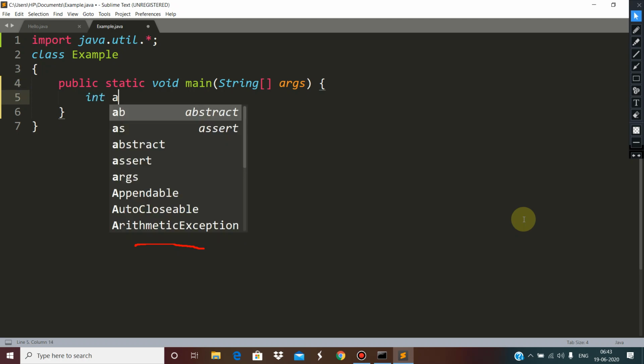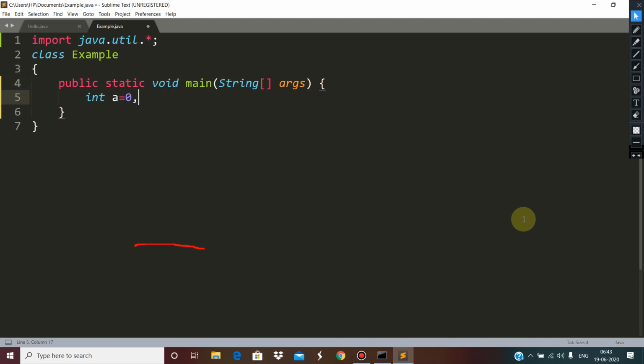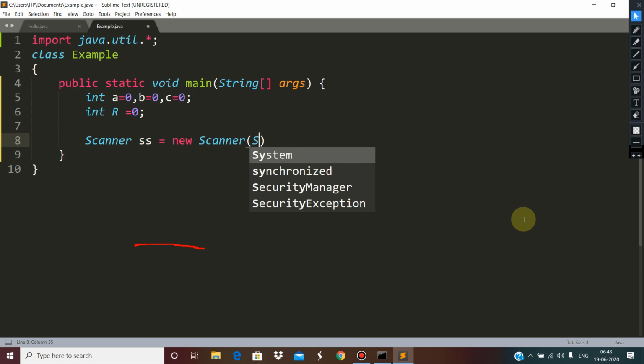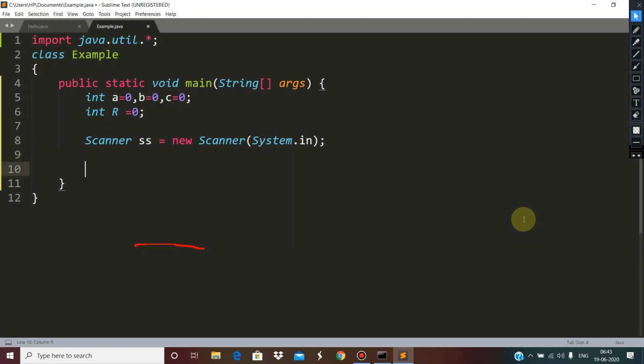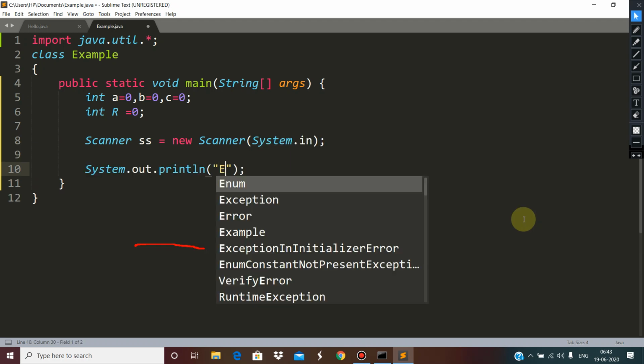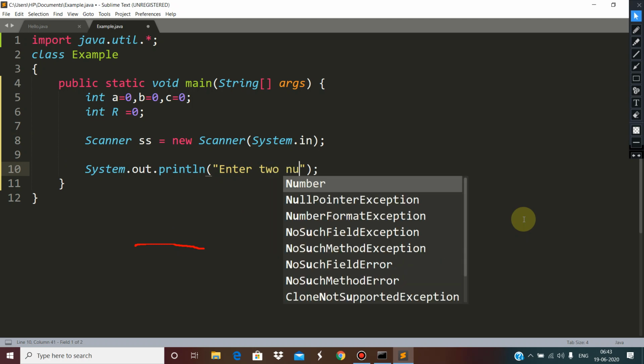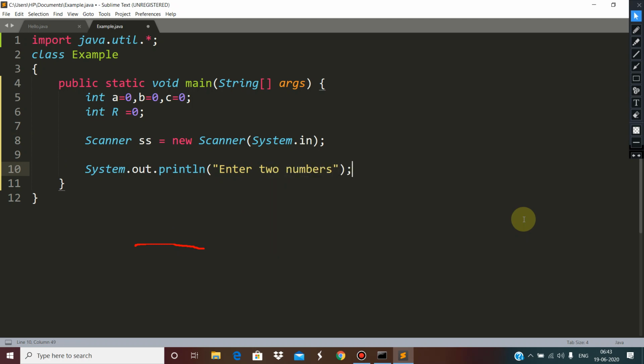First of all, just declare a few variables. Here I have got three variables, and this variable r is for the result. Here the Scanner class, enter two numbers. Math.min.